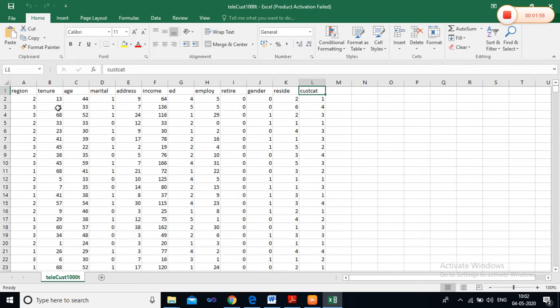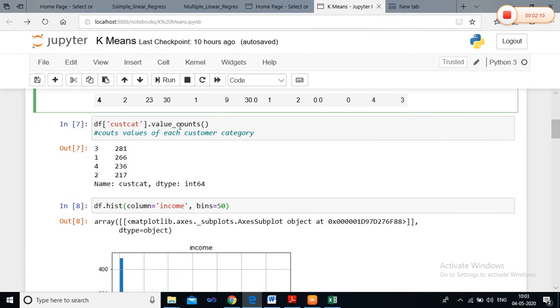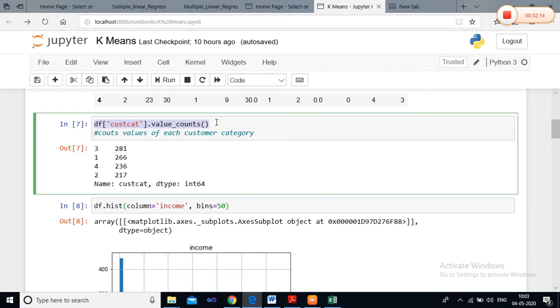Suppose I want to count the number of customers in category 1, in category 2, and the same way in categories 3 and 4. This is the purpose of the line df customer category dot value counts. The count function returns the number of values of each customer category.